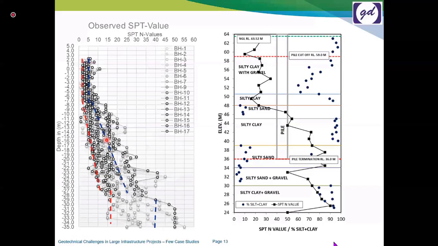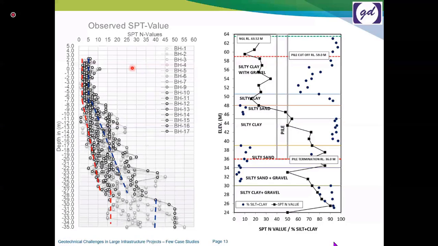Now, when we need to select for foundation design, we either need to identify, let's say, a lower bound approach, which is I think the red line on your screen, or maybe I would say it would be upper bound SPT values, which will be on the blue line. Now, out of this, somebody will ask which one you select for your foundation design. It is difficult to say that we need to go with either a lower bound approach or an upper